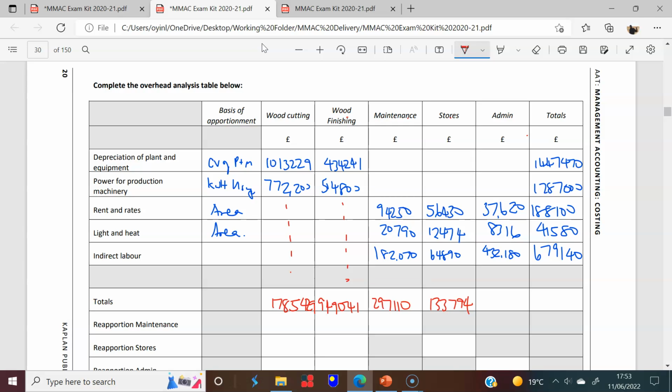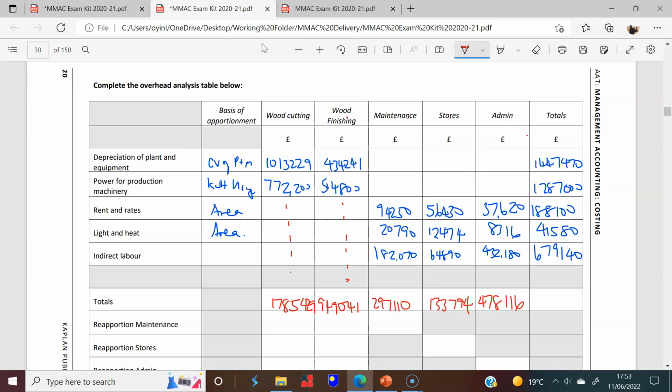Oh, sorry, is that 57 or 37? Even I can't see my writing. That feels like a 37. That's a 37. 37,620 plus 8,316 plus 432,180 is 478,116. And then we have the total,